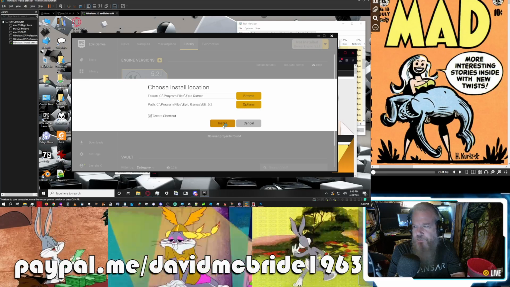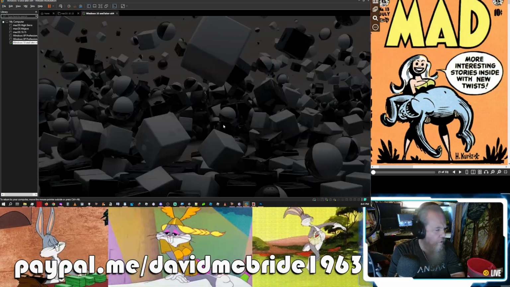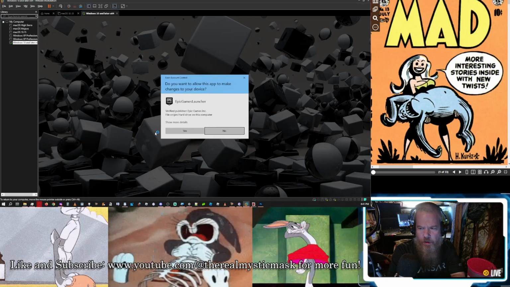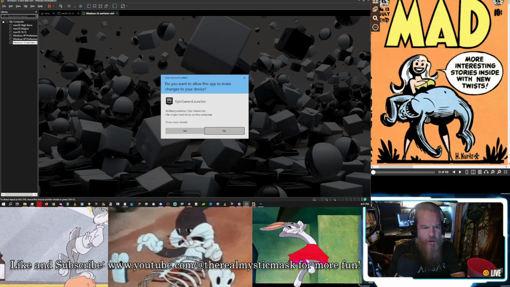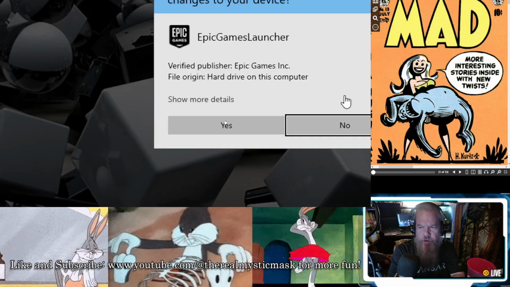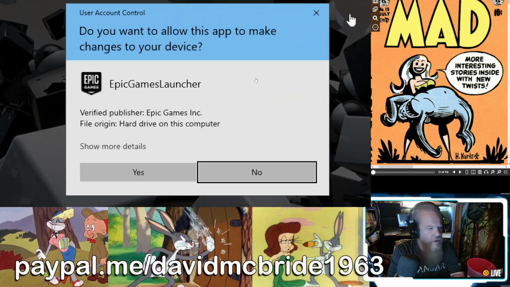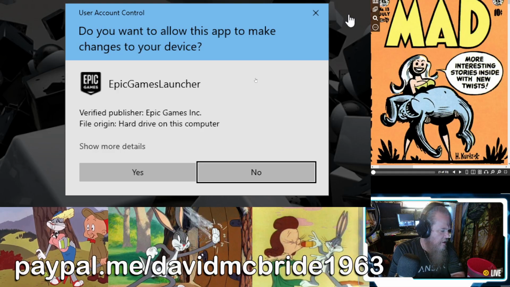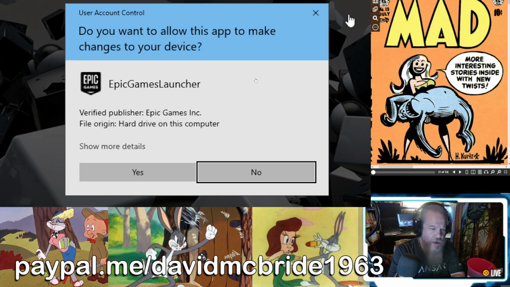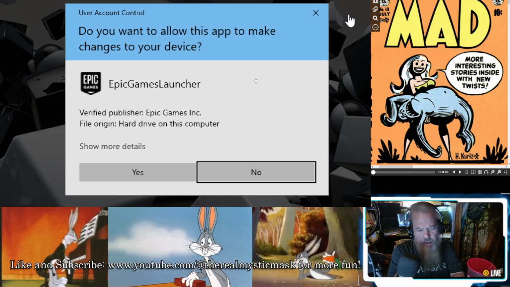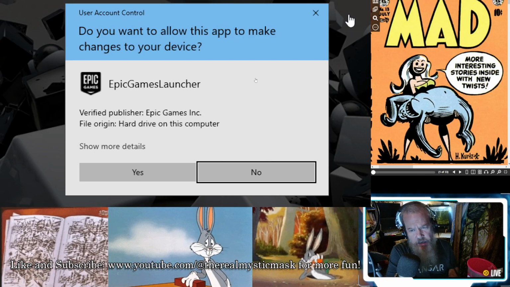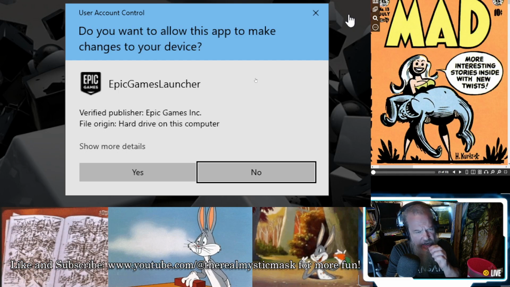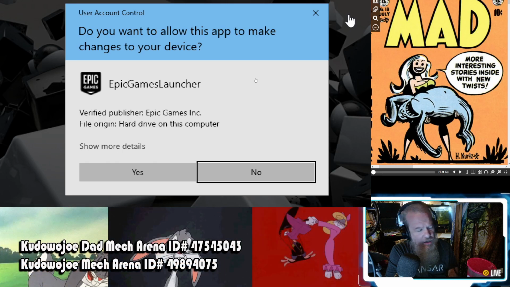Now, I'm gonna go ahead and increase this so we can see it very clearly on the smartphone here. I'm just gonna let that rest until it comes up. All right, so it detected that it could install Unreal Engine 5.2 on this machine, and this doesn't have the greatest graphics card, but it's got